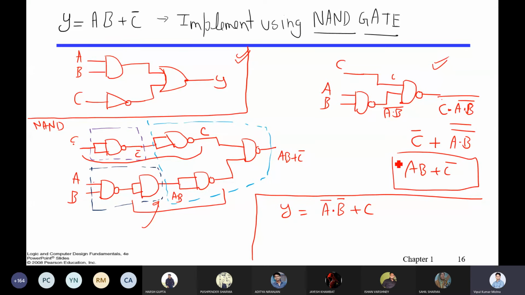First you have to make the A bar, then you have to make the B bar, then you have to do the dot, and then you have to add the C here. Try to solve it at your end in the free time after the lecture. I want to discuss two more gates, then we will come back to this problem.